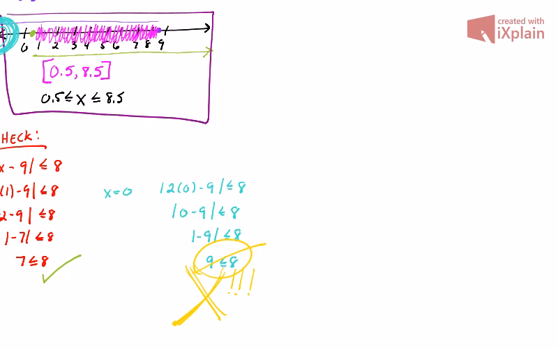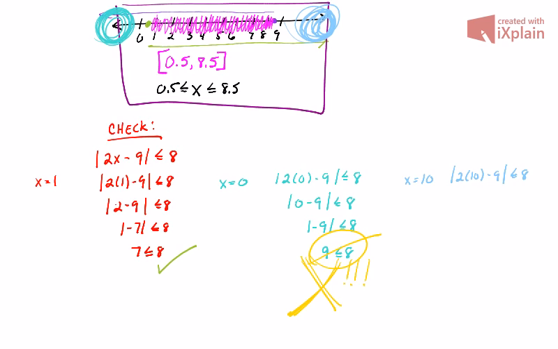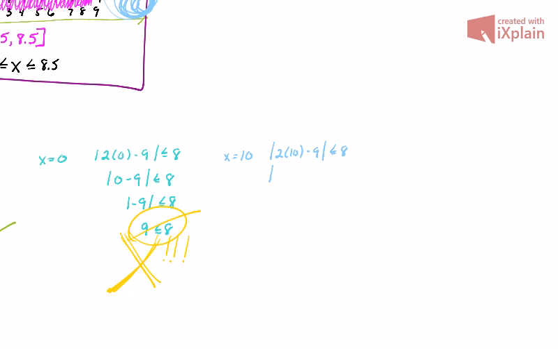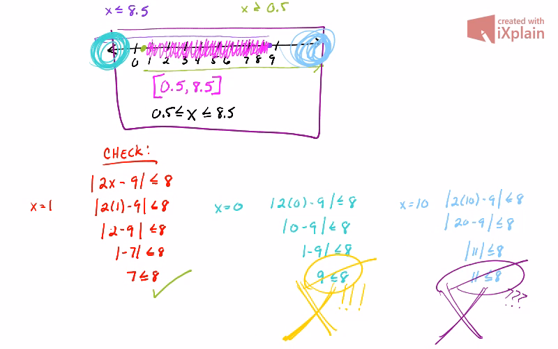Okay, so let's continue along. And again, playing devil's advocate, let's say that we pick something outside of that shaded region on the right side. So I'm going to do x is equal to 10. And if I do the absolute value of 2 times 10 minus 9 is less than or equal to 8. Let's see what happens. So 2 times 10 is 20, minus 9, is less than or equal to 8. 20 minus 9 is going to give me the absolute value of 11 is less than or equal to 8. And the absolute value of 11 will still result in 11. And it gives me 11 is less than or equal to 8. Again, this is worrisome. It doesn't make any sense. So again, not possible. This is false. So again, this helps to justify why the only true solutions that you are going to have are going to rest in between